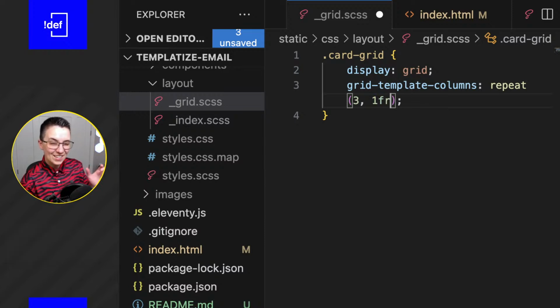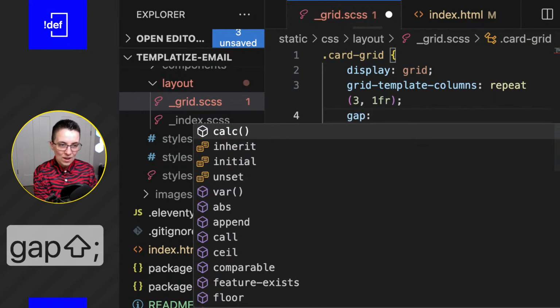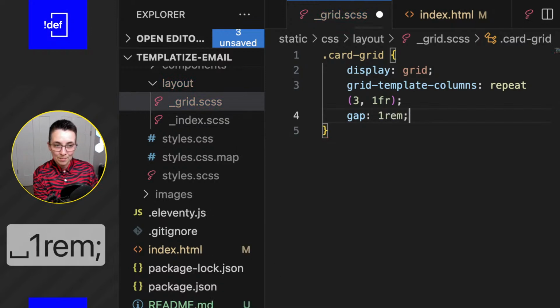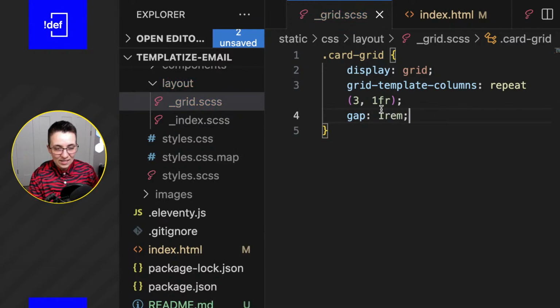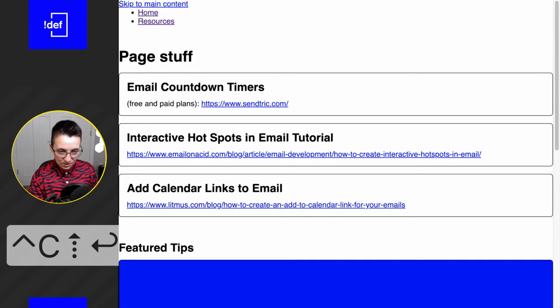I think that's right, our width should just be 1 fraction of our grid. We're doing 3, so it's going to be a third basically. So hopefully that's correct. I'm also going to just do this now, a gap of 1rem, because we are going to want that. So hopefully when we go back here, I'm going to restart our server